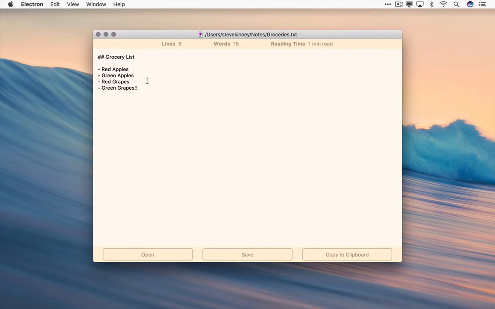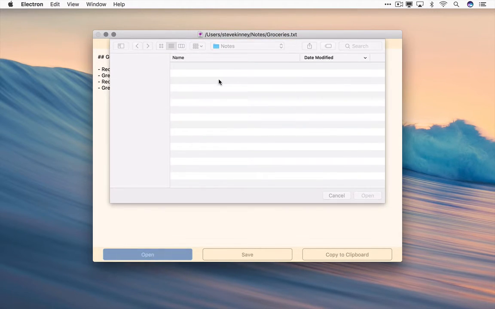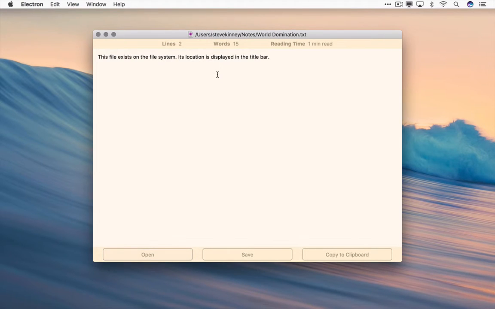area here. We can open from the file system, where we'll get a native file dialog. We can read and write from the file system, which is something that normal web applications can't do. We can save. We can also copy to the system clipboard, and this will work on macOS, Windows, and Linux